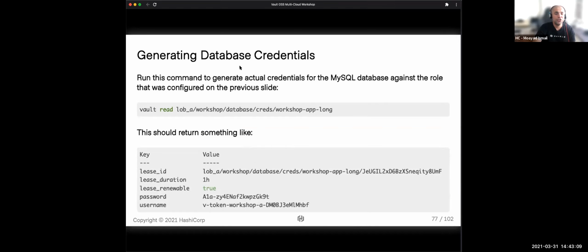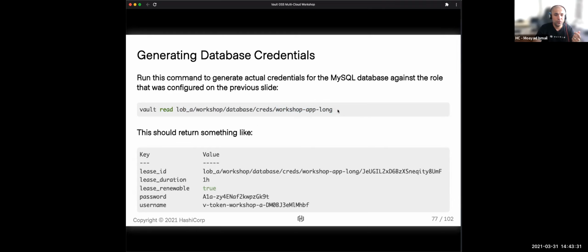So how do we go about generating the database credentials now? We've covered the secret engine, the configuration and the connection string, and the role. Now, how do we use the role to generate the credentials? It's a Vault read command. And if you notice, it's using the creds path and the role name.